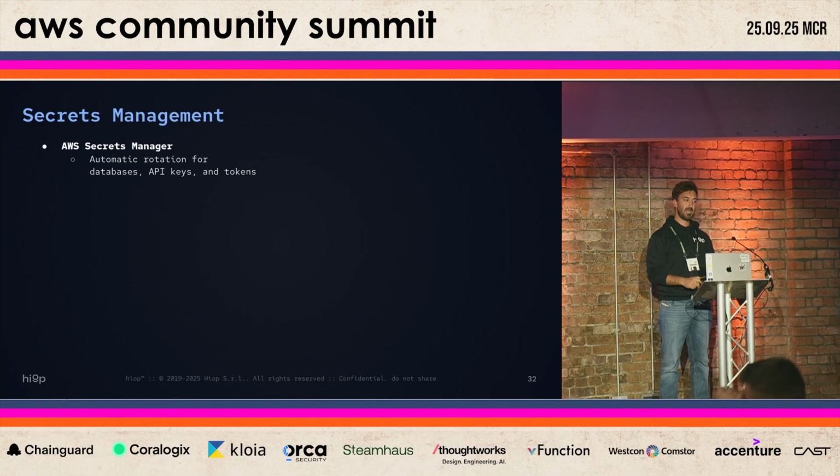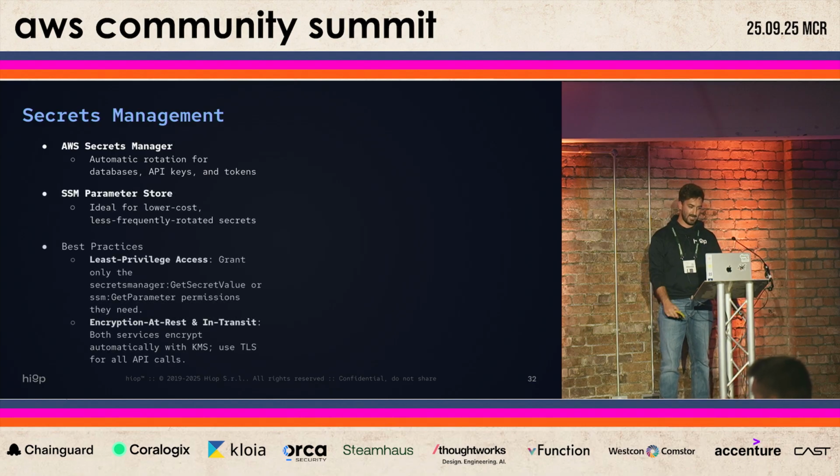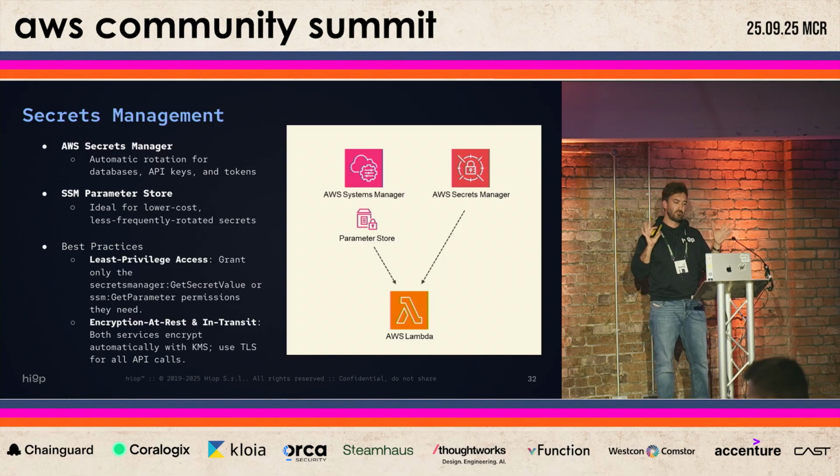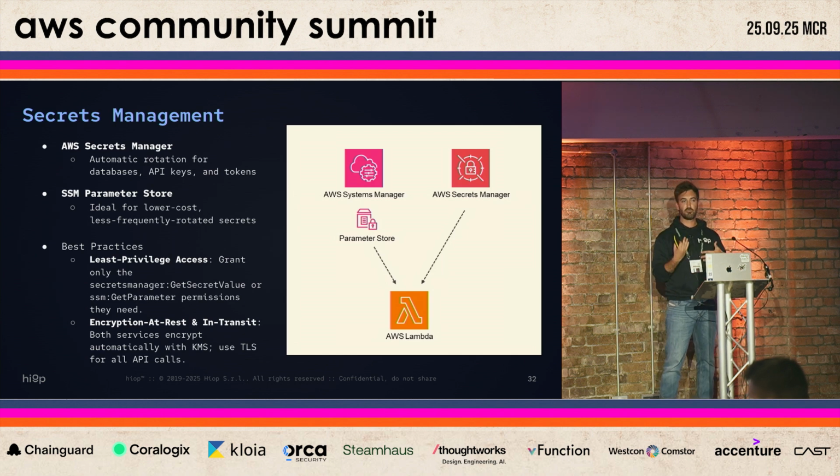For secrets management, AWS offers two different services, Secrets Manager and Parameter Store. Imagine in this use case that you have a Lambda with environment variables. You can set up environment variables directly in the Lambda. Try to use these two AWS services, Secrets Manager and Parameter Store, which is a specific capability inside AWS Systems Manager. Basically, the main difference is that Secrets Manager can also provide you automatic rotation of credentials, tokens, etc. With SSM Parameter Store, you can have the same behavior, but you have to write custom code. You have to connect several services like KMS, etc.